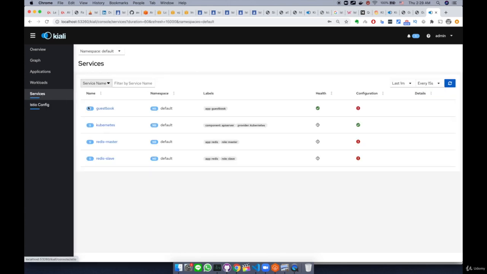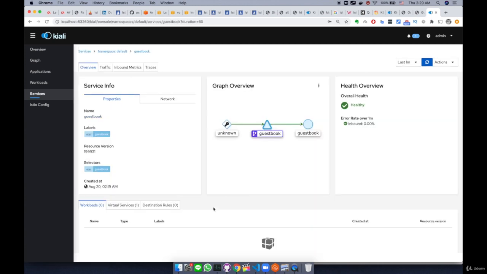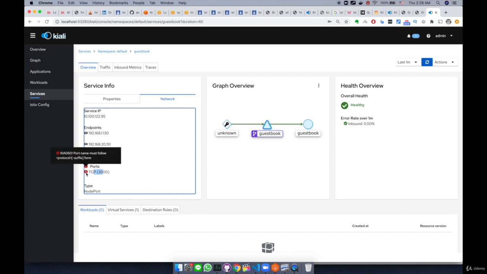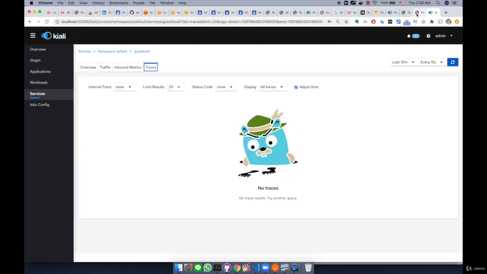And then the services, this is where the actual Kubernetes native services exist. And here, guestbook, Kubernetes, Redis master and slave. The configuration shows a red warning icon saying it's not valid. Sometimes this is a false positive. The overall health of the service is actually healthy. It says selector app guestbook, label app guestbook, network TCP 3000. Again, this is a false positive. The message is that the port name must follow the dash suffix form. But even if this is showing a red warning icon, it does still work because we have already verified